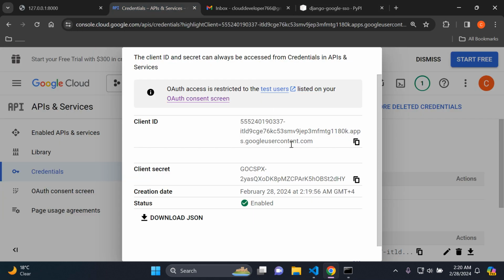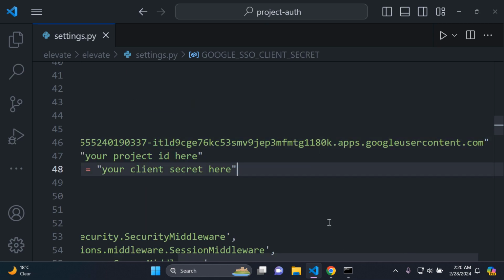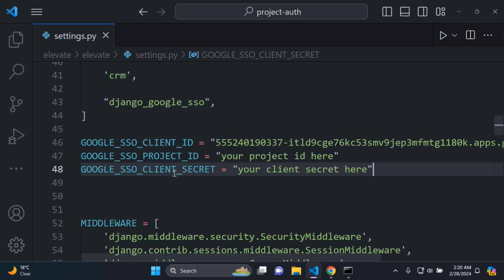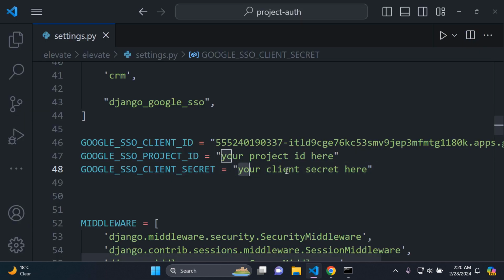And let's go back to credentials. We want to copy the client ID. You can click on this icon, and this is the client ID. You can replace that and put it in. And now the client secret, that is here. You can copy that, remove that,